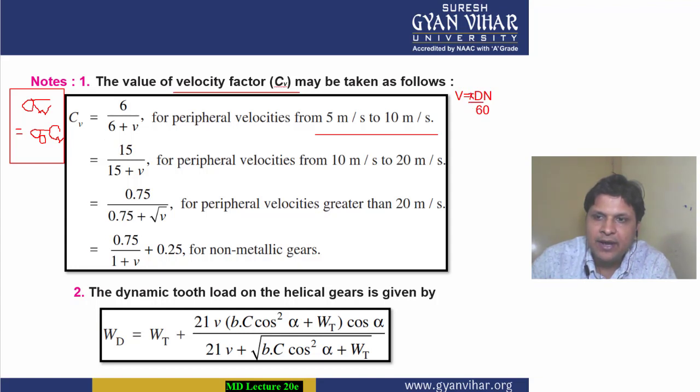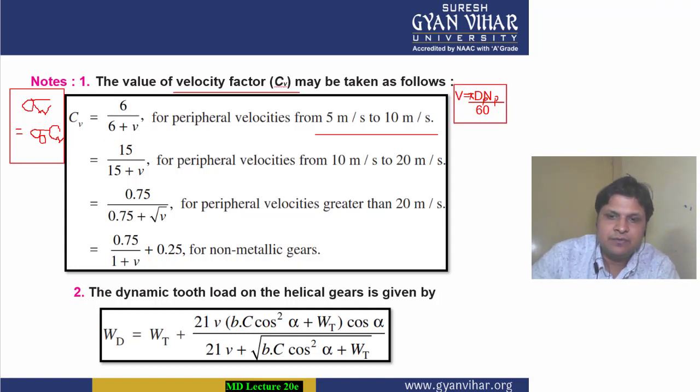You can apply this for pinion as well as gear, for whichever you want to find the pitch velocity. In the case of pinion, you will use the RPM of pinion and diameter of pinion. So this is the formula by which we can calculate the pitch velocity, and if it is between 5 to